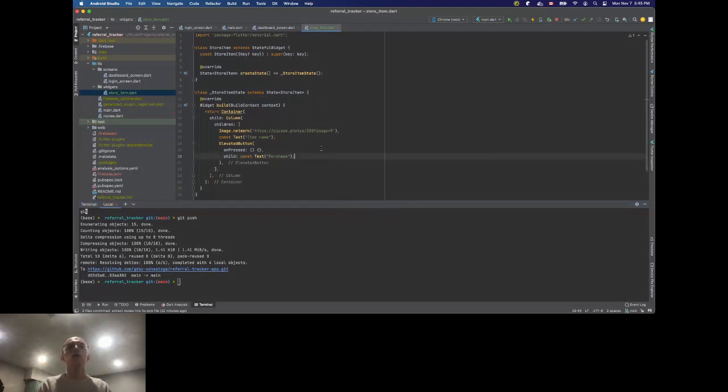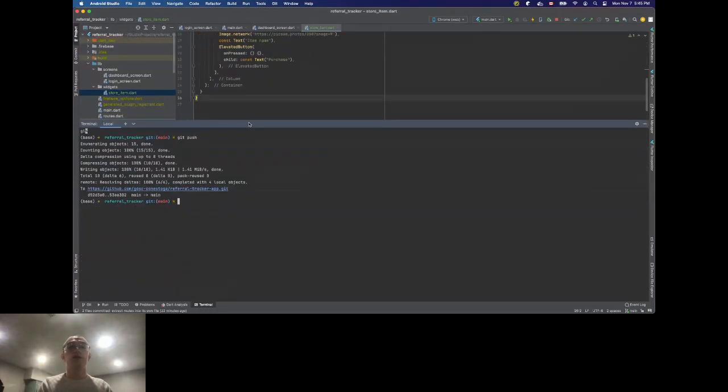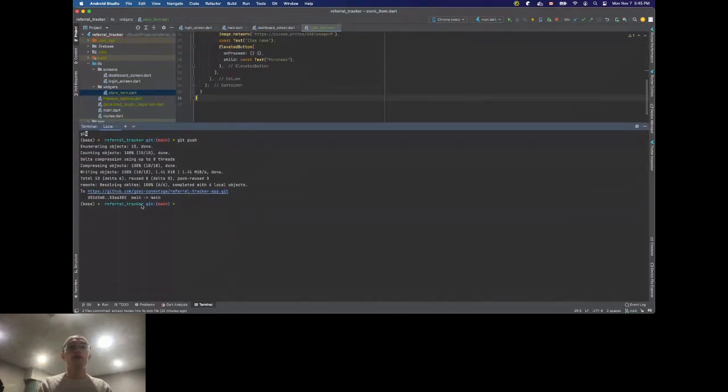So when you work on a new feature, right, and right now we work on a completely new feature, actually I should have done this before I started working on it. Whenever you work on a new feature, you need to create a branch. So a Git branch, you can see